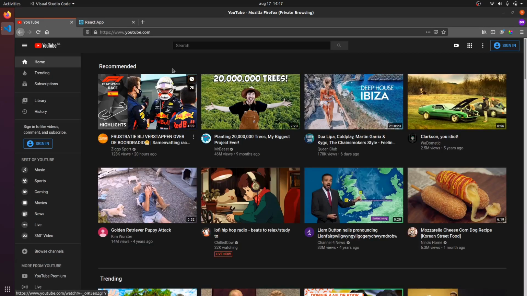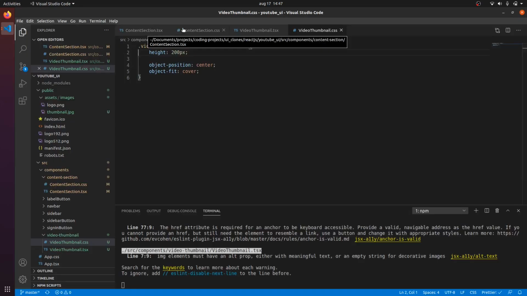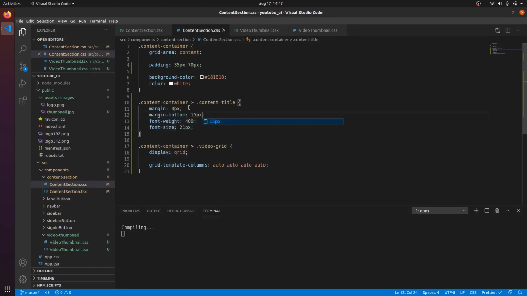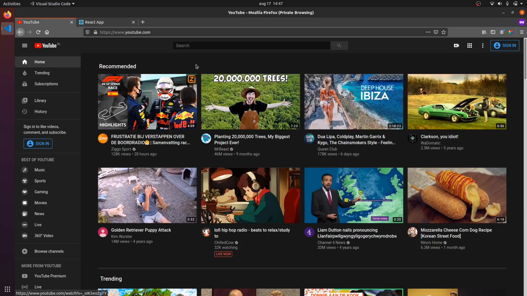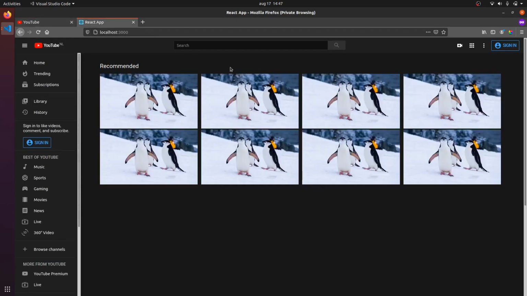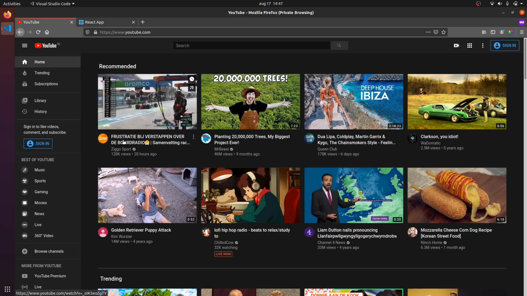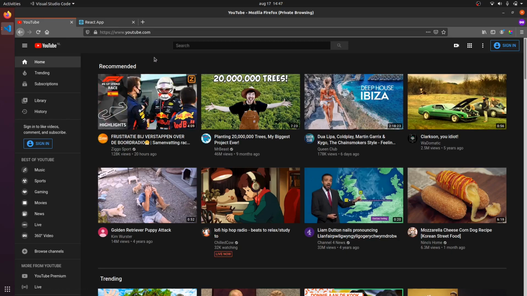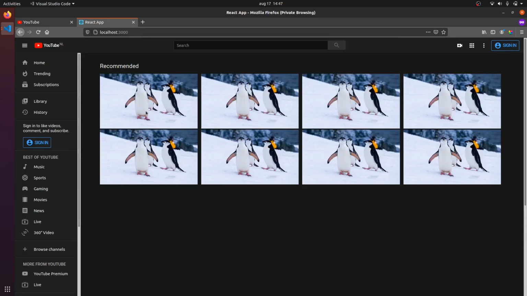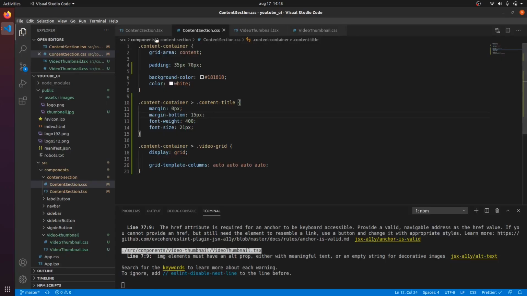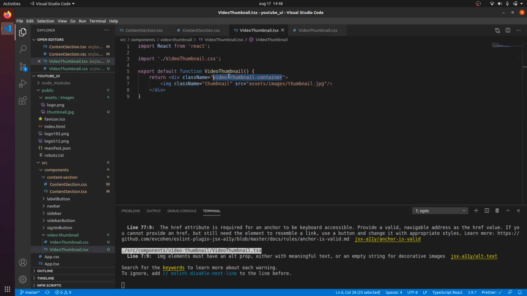Let's see, next up I want a little bit of spacing between the title and the grid. So right here we have our title, and we want a little bit of margin at the bottom of 15 pixels, like so. And then we want to, let's see, give our YouTube thumbnails a title and a channel icon. So for the channel icon, I'm going to be using the same image as I did for the YouTube thumbnail. And then for the channel title, I'm going to be passing that in as a string or as a variable